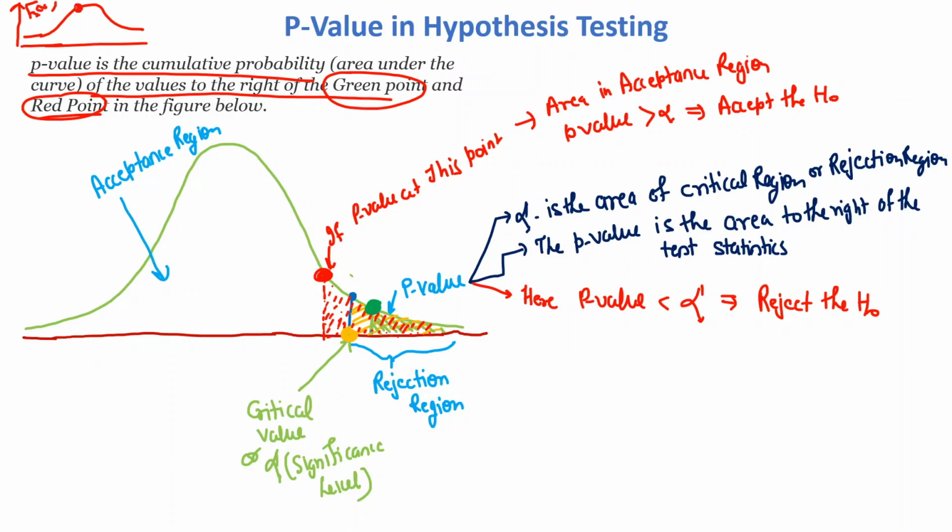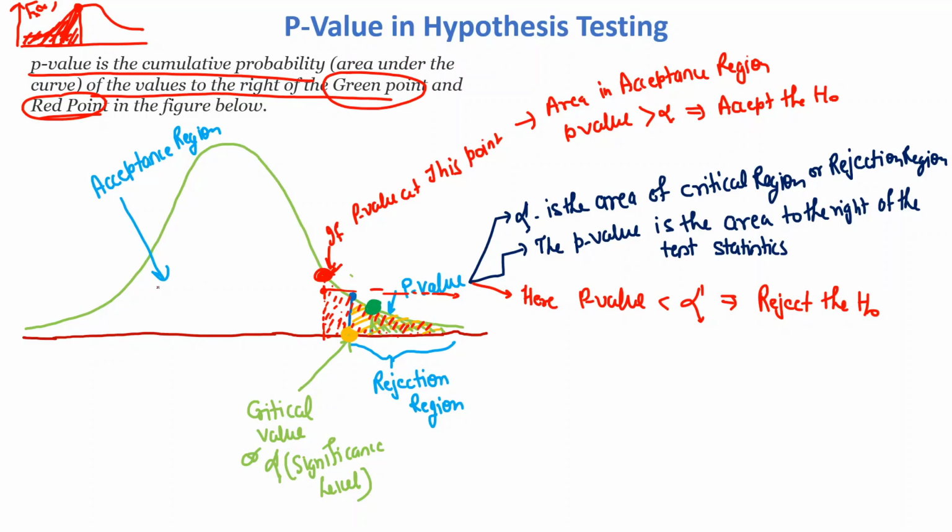If I want to know the cumulative probability at this point, the total probability would be the total area. So p-value is the cumulative probability, or the total area, from this point towards the right side. If I want to calculate the p-value at this particular point, we can say it is the total area, denoted with the red dots, from this point to the complete right side. This area will be your p-value.